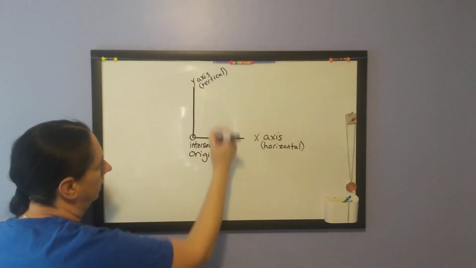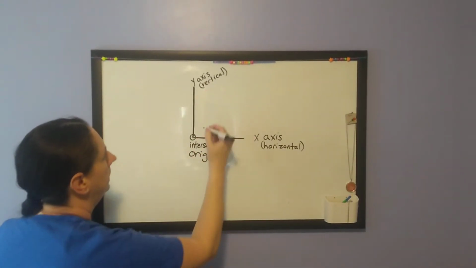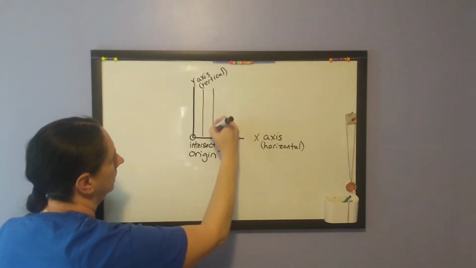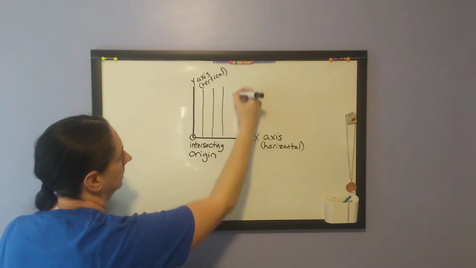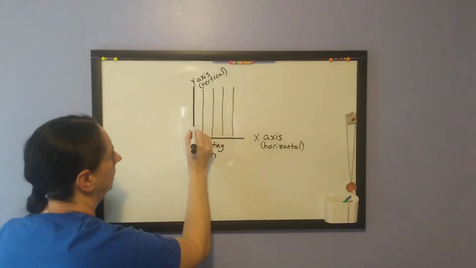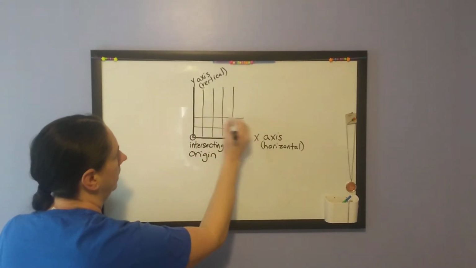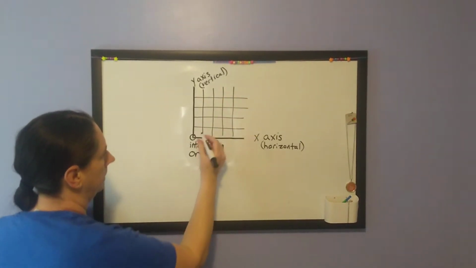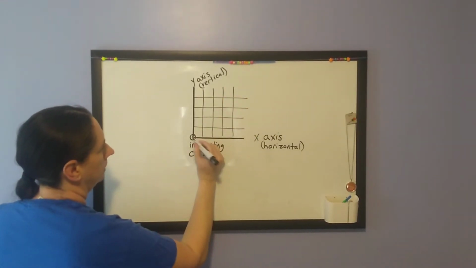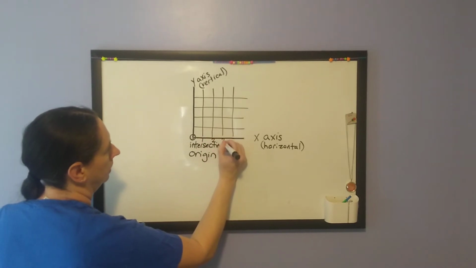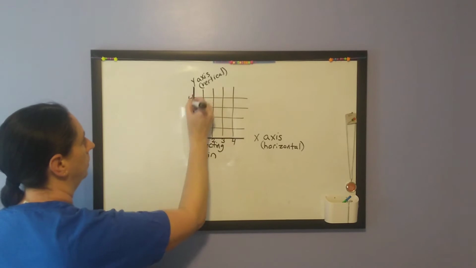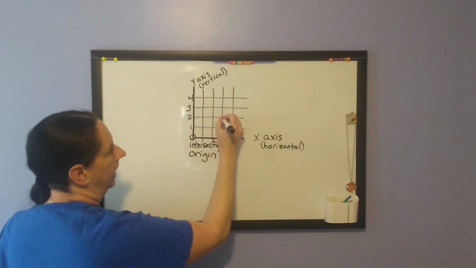Now we are looking for how to read these. Well, this would be filled in with some lines and some numbers. So I'm just going to put a few quick ones up here. And again, this should be review for some of you. So 0, 1, 2, 3, 4. 1, 2, 3, 4. If I have a dot